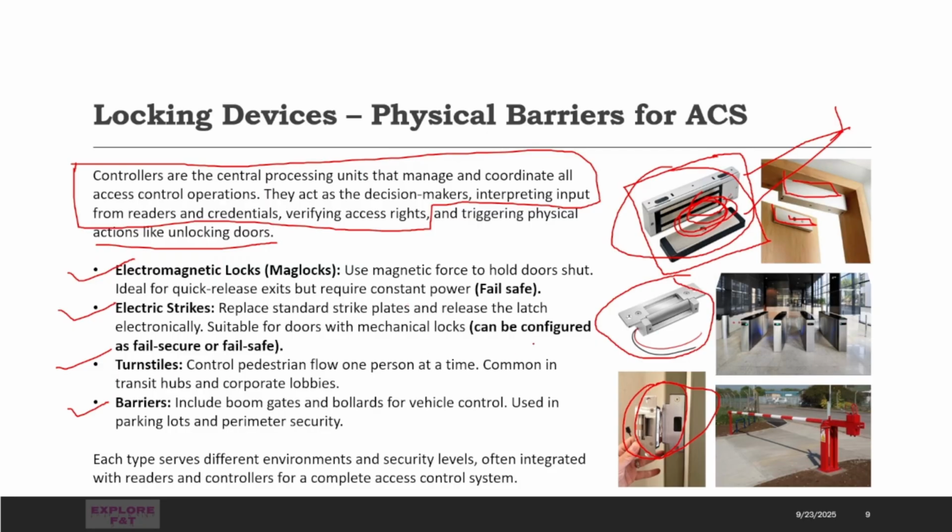Next one, turnstile. So a turnstile is just like, have you ever visited any metro? Maybe you have seen this one. If you use the token or card, this will open, okay, and you can go inside the metro, the secured premises, okay. Mostly these are installed in malls, metros, airports, okay. Next is the barrier. So barrier is a boom barrier, like bollard gate, boom gates, okay. This is just used to